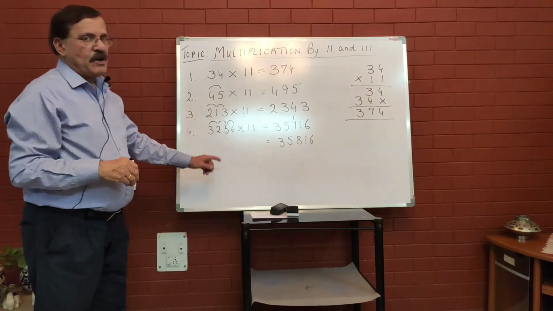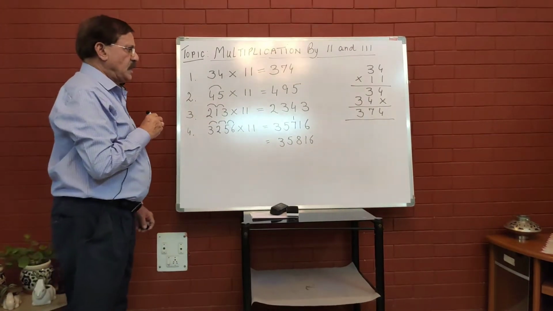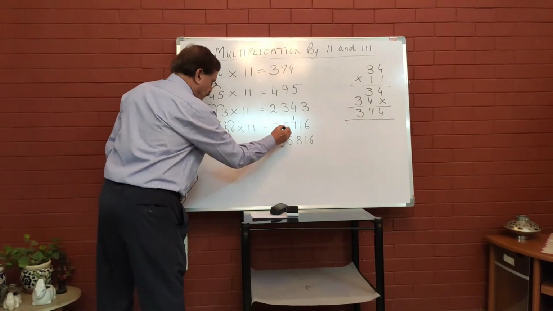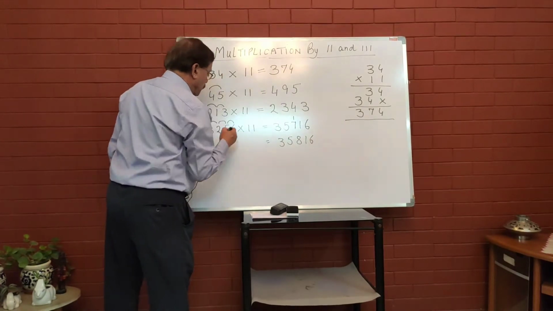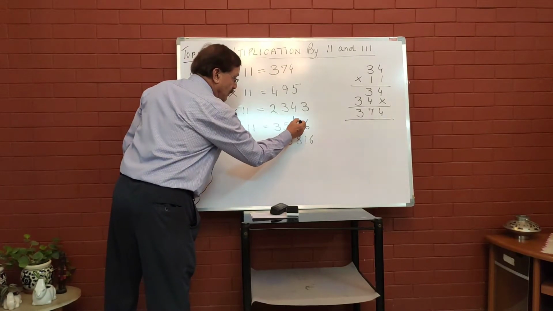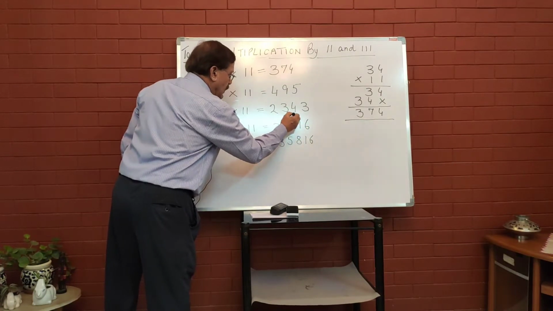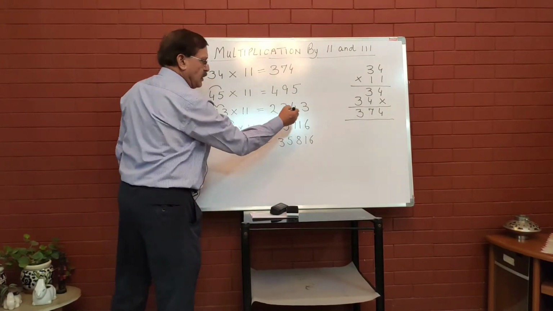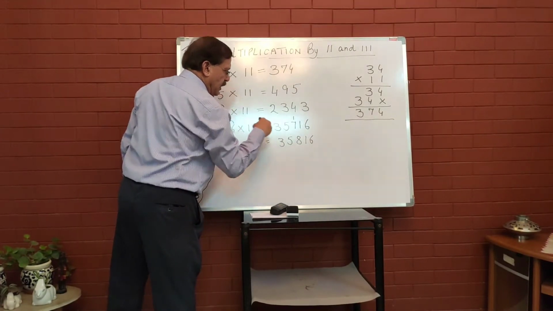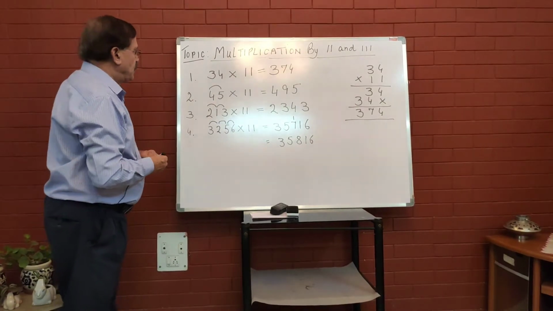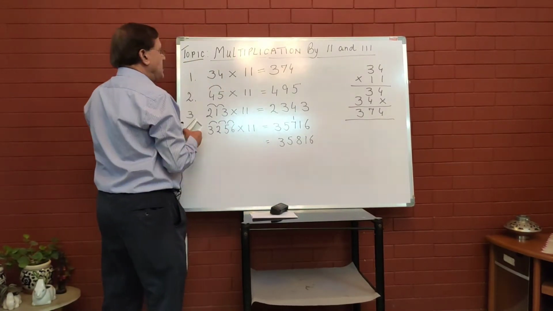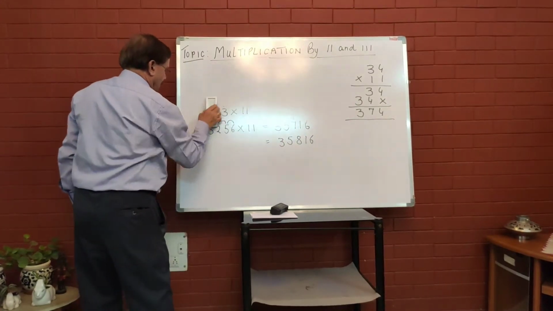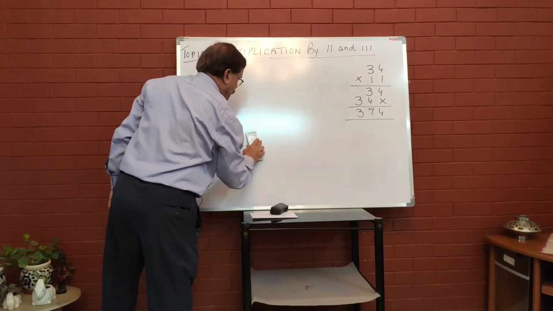So I have taken a carryover number over here. I hope you have understood it. How did I carry over here? I'll repeat it once again. 3 as it is, 3 plus 2, 5, 2 plus 5, 7, 5 plus 6, 11. Now 11 is written in a special way. 1 down and 1 on top of 7, which means it has to be added to 7, and 6 as it is, and after that you add it up. Be careful of this number, 7 plus 1, 8. So this was multiplication of numbers by 11. I am sure you have understood it. It's very simple and it's very easy.